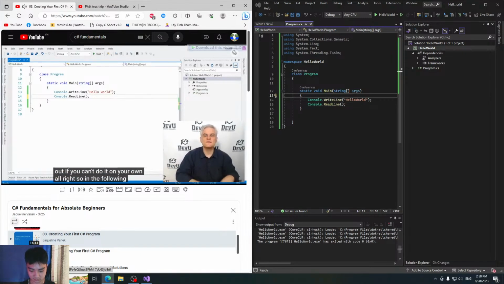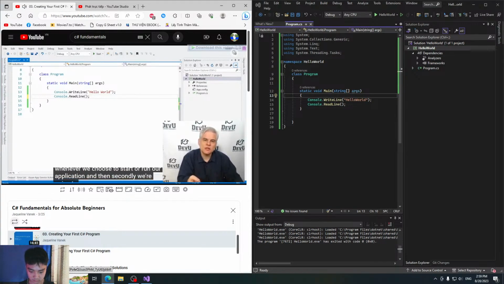All right. So in the following lessons, we're going to focus on two things. First of all, we're going to talk about why we did what we did and what was going on behind the scenes that turned our code into a working application, albeit a small application. What happens whenever we create a new project? What happens whenever we choose to save our project? What happens whenever we choose to start or run our application?